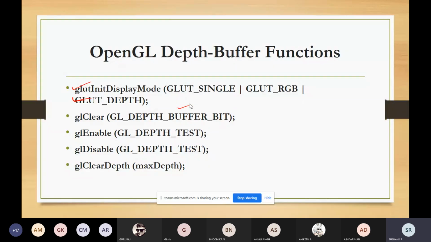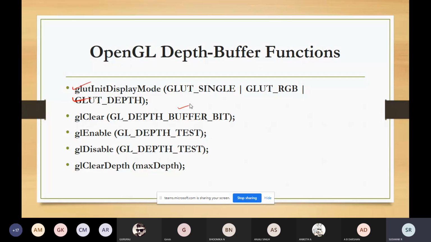Normally, the depth buffer will be initialized with the same statement where you are initializing the refresh buffer. Initially, the values for the refresh buffer and depth buffer will be the background color itself.